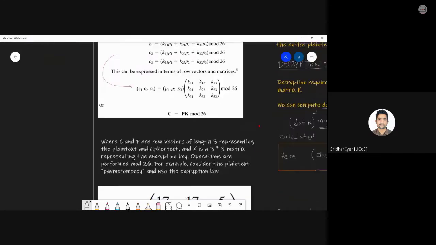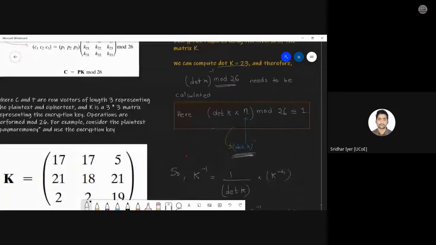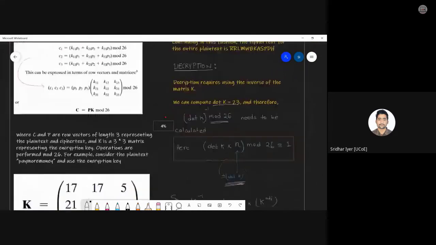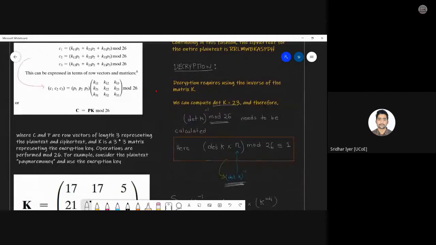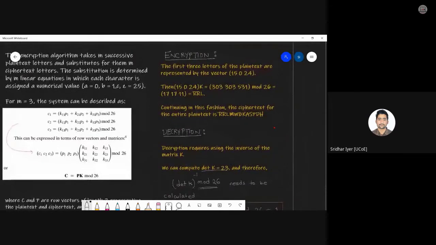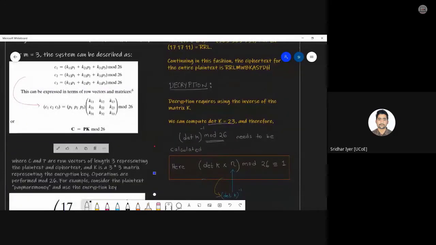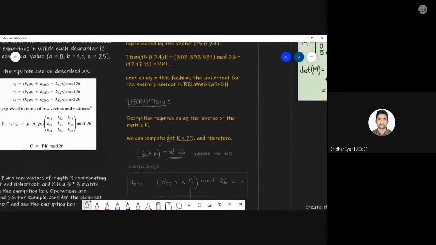We also saw that the key in this particular case is made up of 3 by 3, and every operation that you had seen yesterday is all in the domain of 26, that is modulo 26. Whatever multiplications, divisions we are doing, that should be within the bounds of 0 to 25 only. We saw that the plain text was divided into multiples of 3, and each group of 3 elements was subjected to that single key, that is a 3 by 3 key. And at the end we got the encrypted text over here, that is this one.